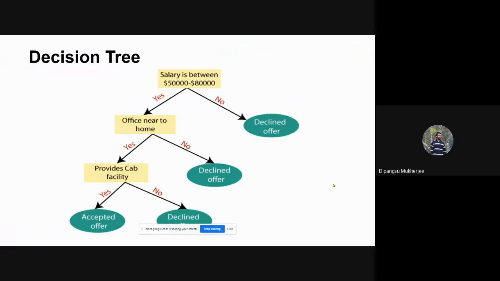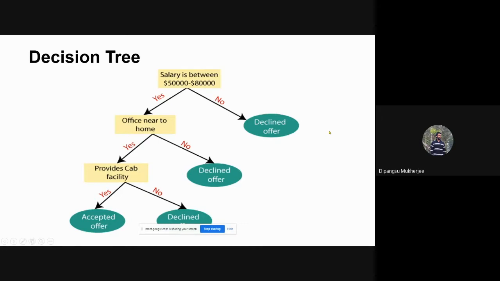Now we will look at another algorithm, called the decision tree, and another algorithm, the random forest. These two algorithms are most preferred by data scientists. Let's see why we always prefer the decision tree and random forest. In the decision tree, we have some decisions, and based on the decisions we segregate our output.